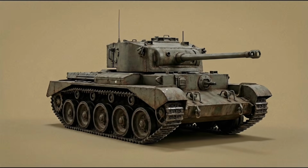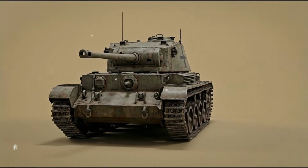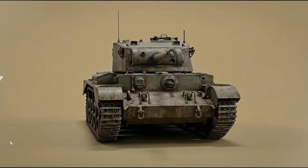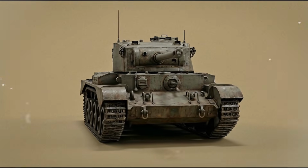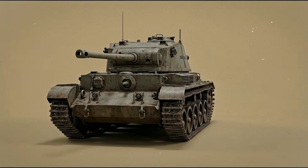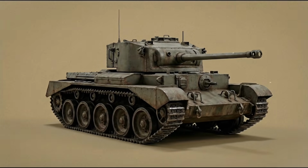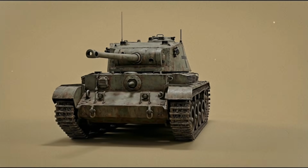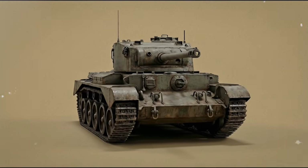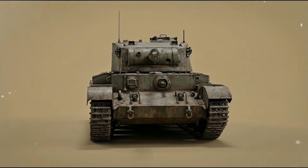Britain's unique approach to tank design, emphasizing firepower and protection over mobility, reflected lessons from World War II and the defensive orientation of British Cold War strategy as part of NATO's northern flank in Germany. The British Army of the Rhine, stationed in West Germany as part of NATO forces facing the Warsaw Pact, required tanks capable of engaging superior numbers of Soviet armor in defensive operations, leading to designs that prioritize killing enemy tanks